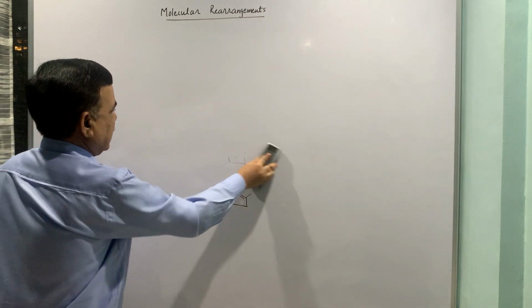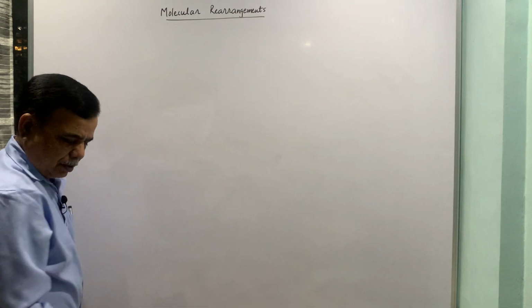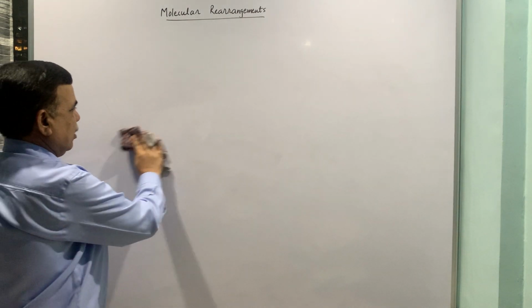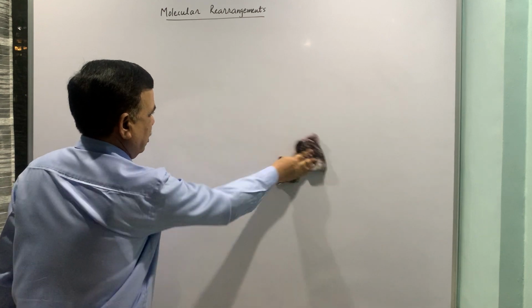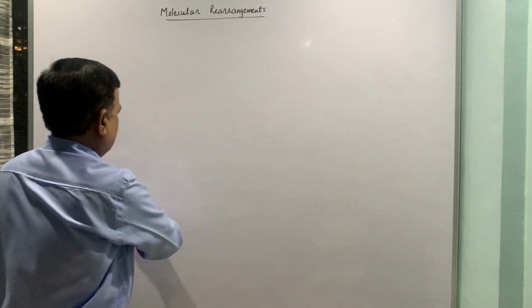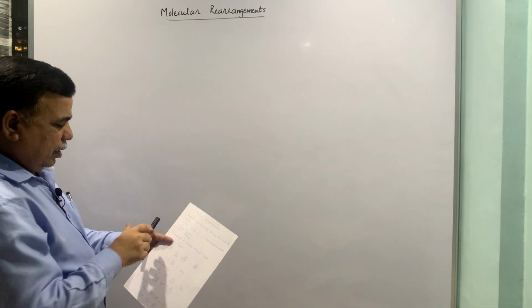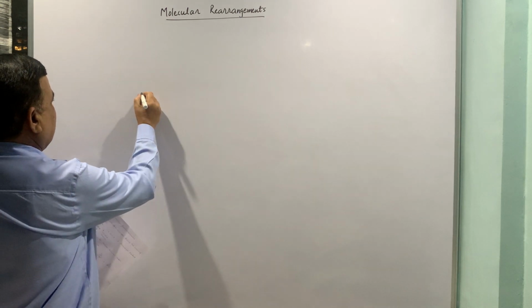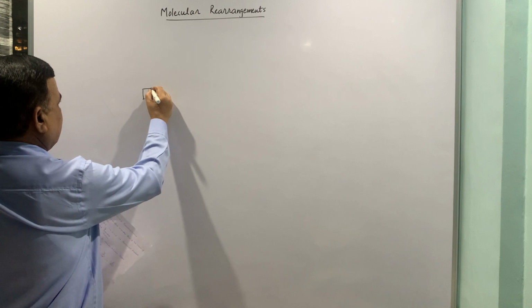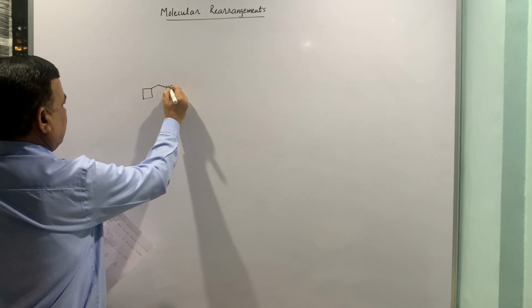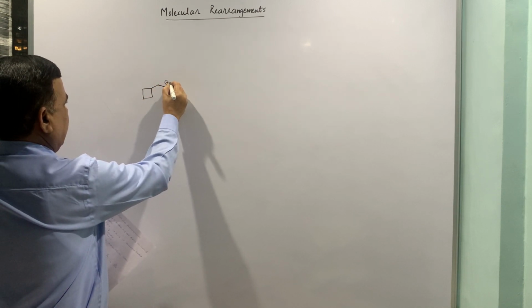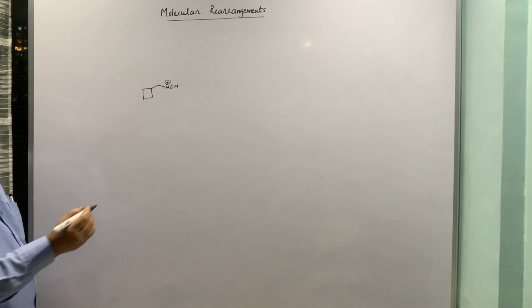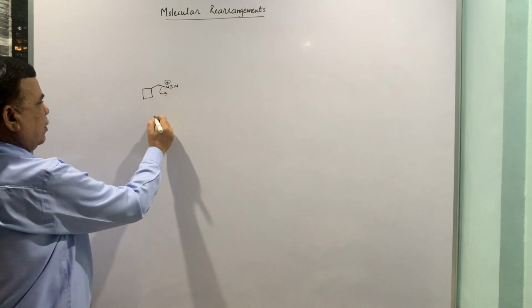Sometimes they call it semi-pinacol, because you are not working with a diol, you are working with an alcohol, and the mechanism and other parts are more or less the same. We will come to them later on with the Demjanov rearrangement. N2 can be written like this. If this goes off,